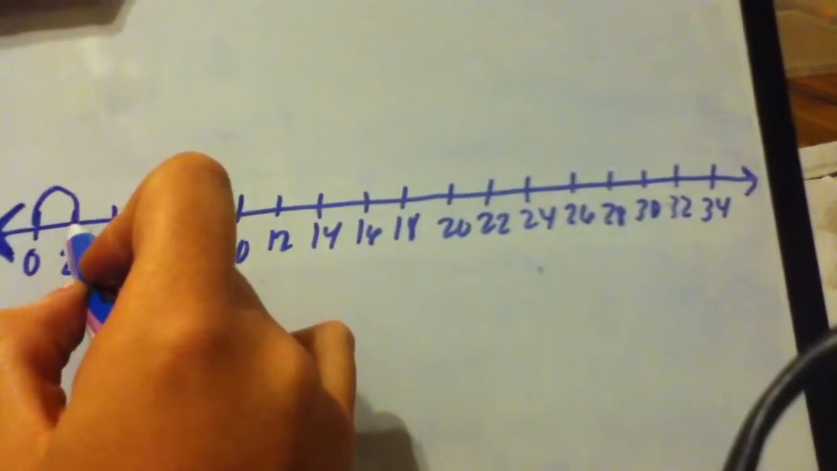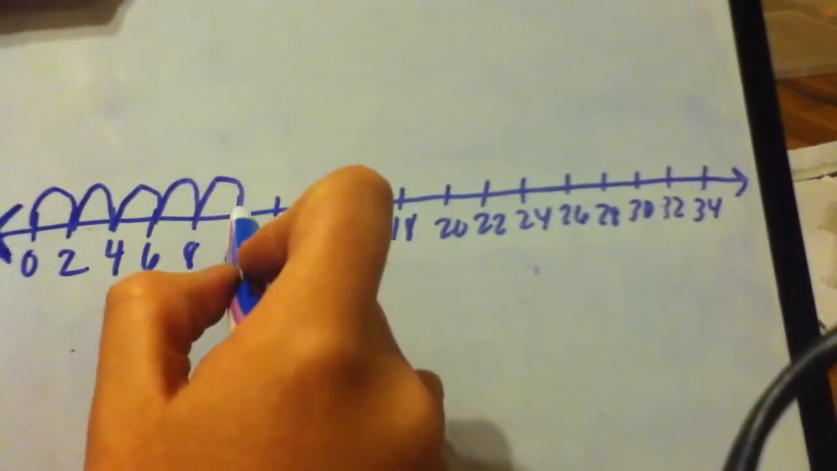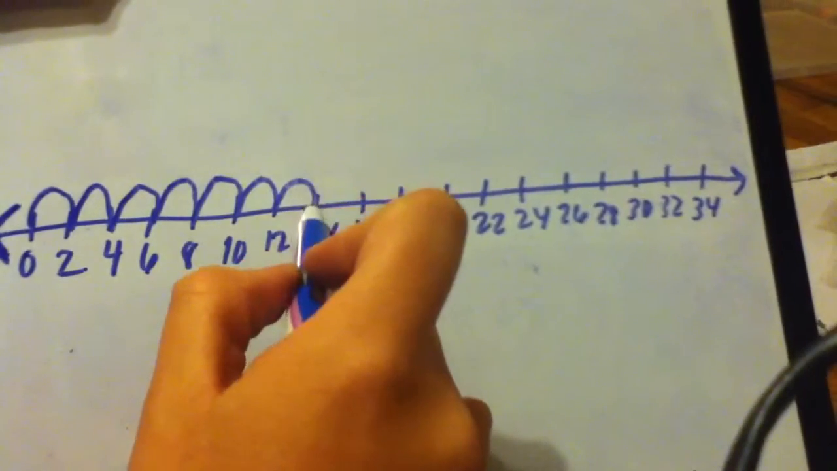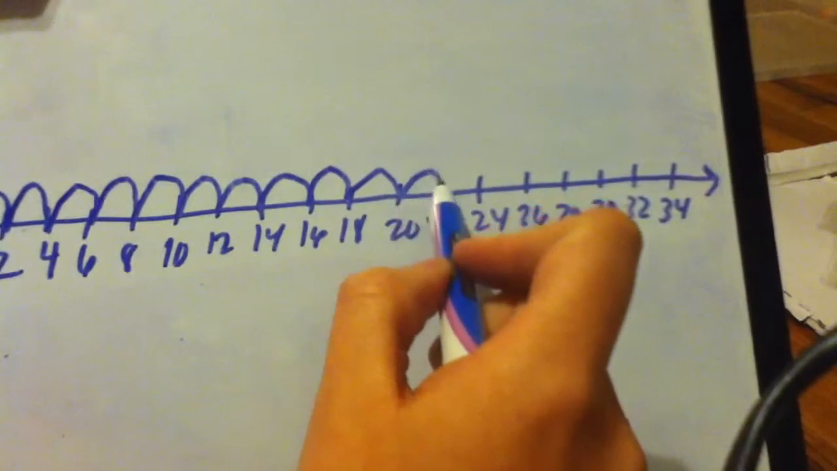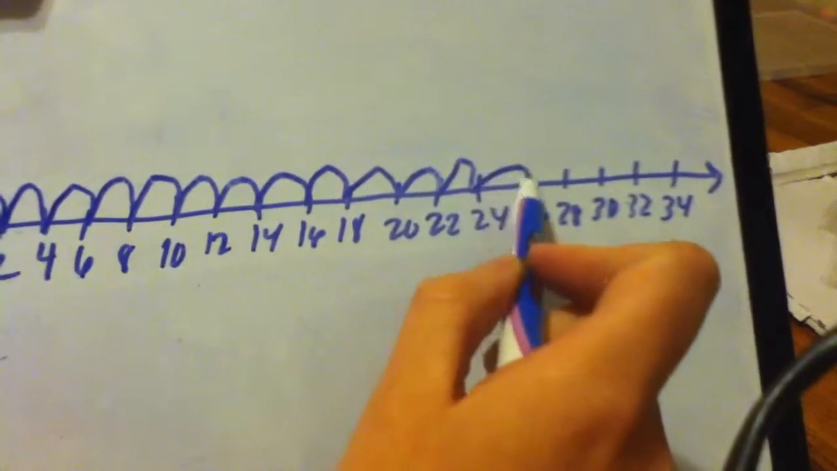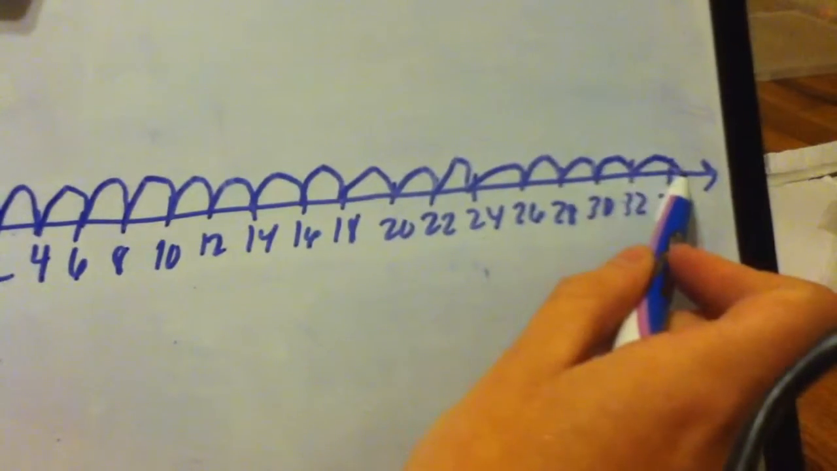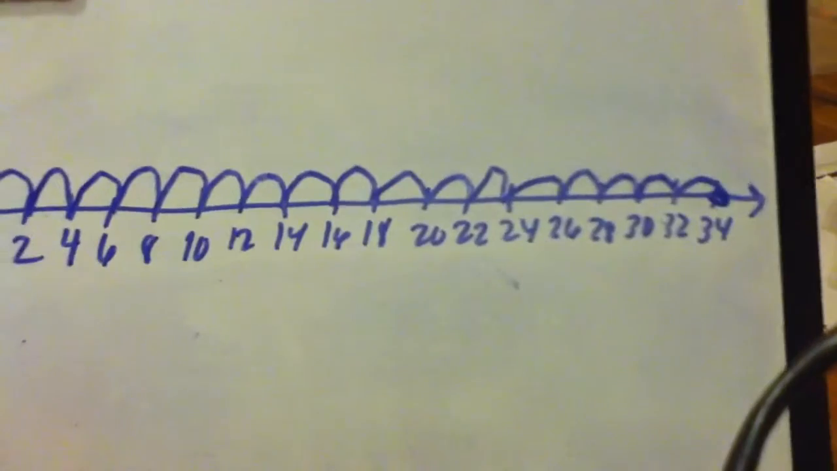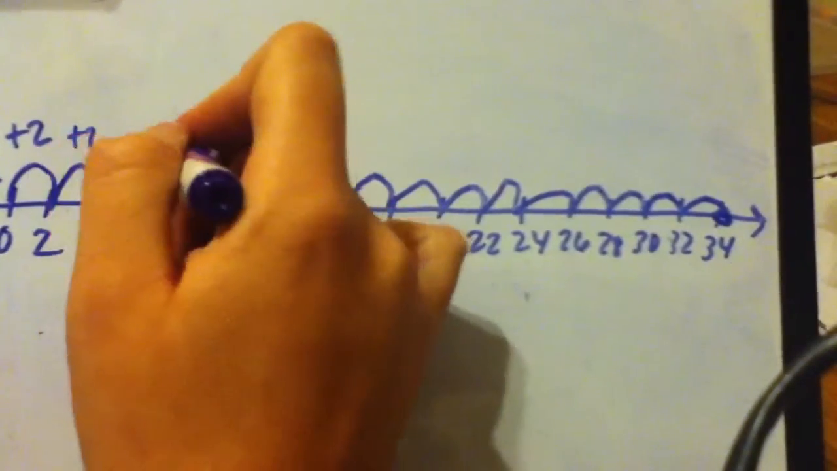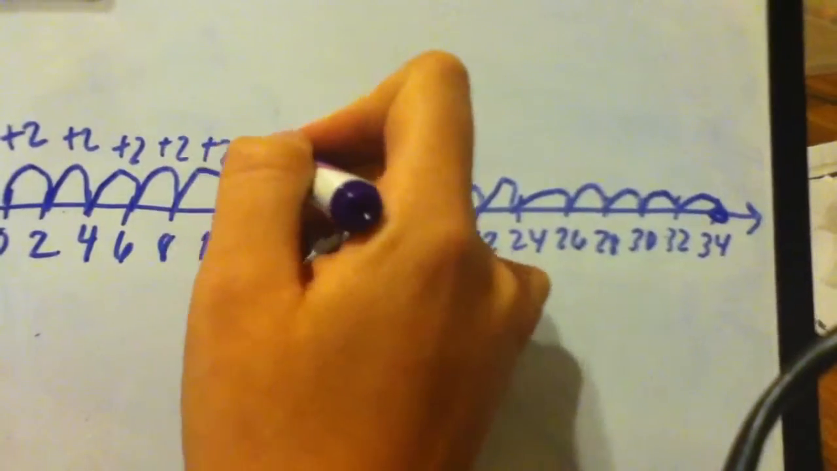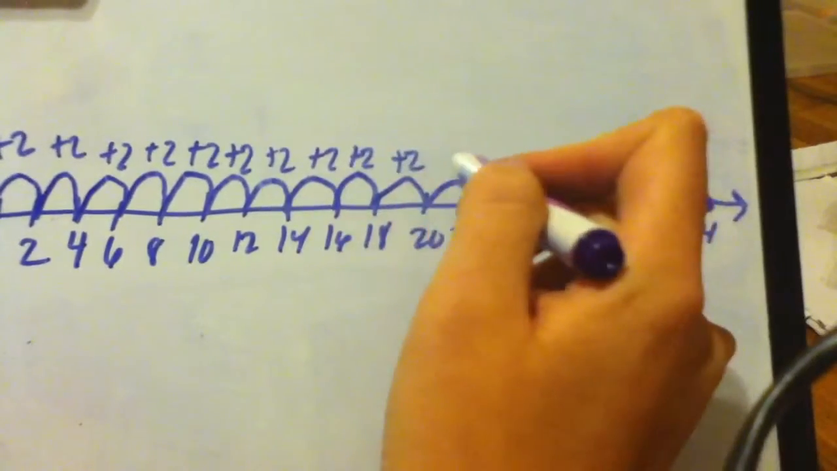So we're going to do 2, 4, 6, 8, 10, 12, 14, 16, 18, 20, 22, 24, 26, 28, 30, 32, 34, which is exactly where we wanted to get. So we were just adding 2 every single time we jumped, which really, when you're counting objects or counting on the number line or anything,